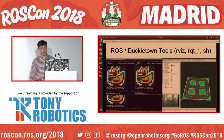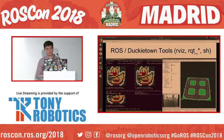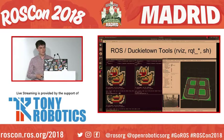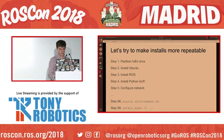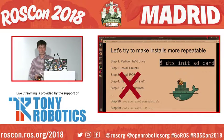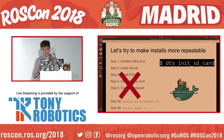Originally, Duckietown had a pretty difficult installation and setup procedure, both for the students and for the Duckietown administrators themselves. They are running kind of a graphical stack with a bunch of shell tools. You have to install some libraries. And the installation instructions were a couple chapters, I think. So we're trying to simplify this. So we wrote a little wrapper around it to set up, to flash the SD card and to use this